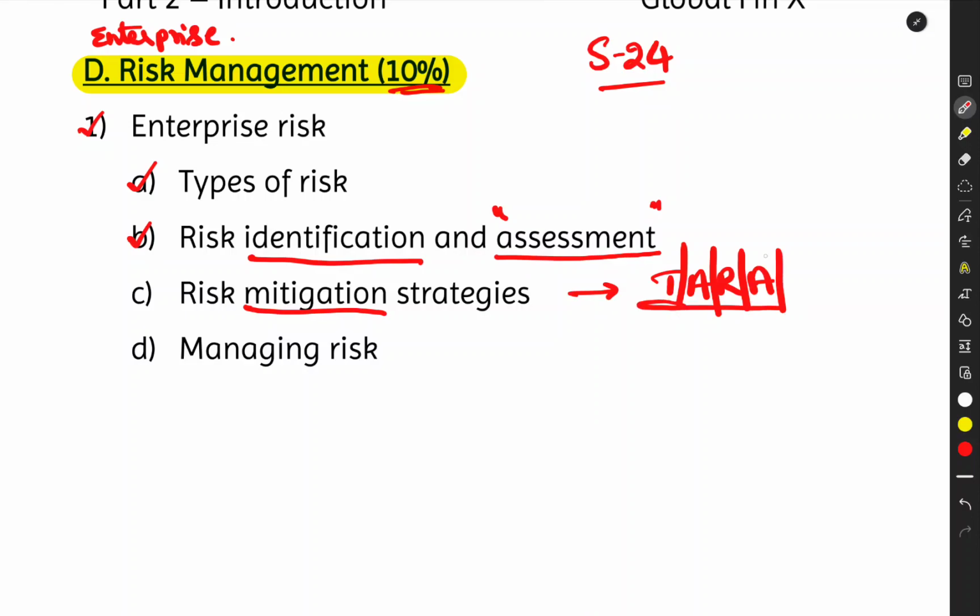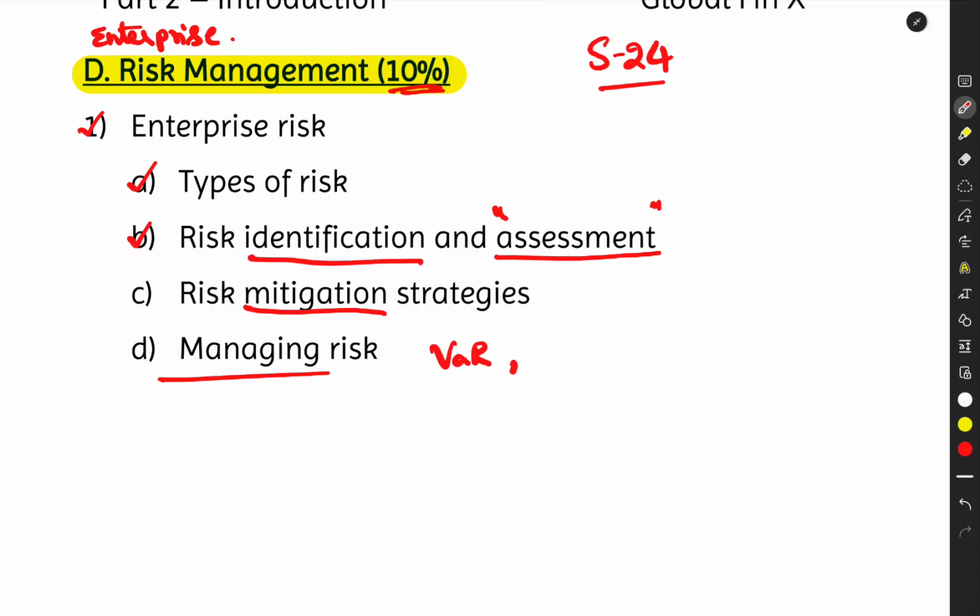And then avoid that, do not even invest in a particular project, do not sell a product if you think that is having some inherent risk involved with that. Then how do you manage your overall risk? Here we are going to use some techniques like value at risk. We are going to use ERM, enterprise risk management program or approach. Then we are going to talk about corporate governance here. All those topics will be there. Okay, internal controls, COSO framework.